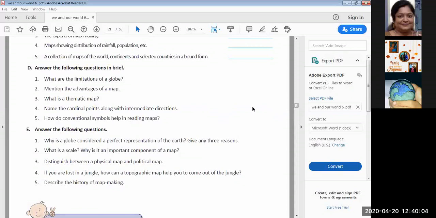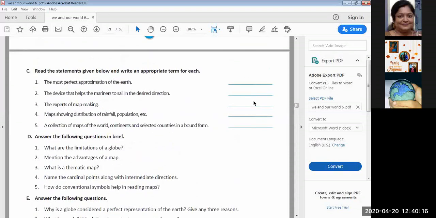Yes, beta, Mridul, just see that you write the answer in points. Answer is correct. But three-dimensional view of the Earth, ये 1 point हो गया. Second point क्या हो गया? Gives कहाँ गया मृदुल? Mridul, first point, it gives us a three-dimensional view of the Earth. Second, it gives a better idea regarding latitudes and longitudes. Third, it gives the correct location of the country. Very good. And then fourth, it gives the exact location of the oceans, continents, and the countries. Very good. But in points, I said.